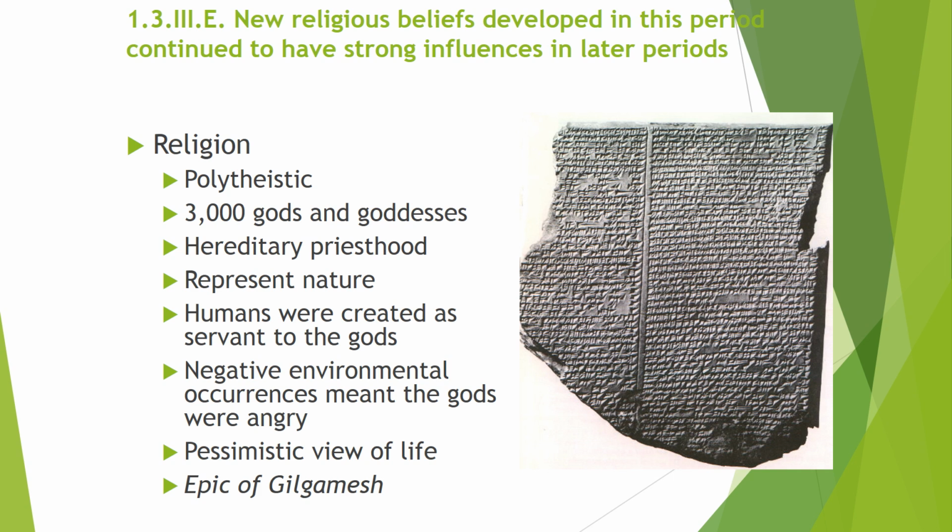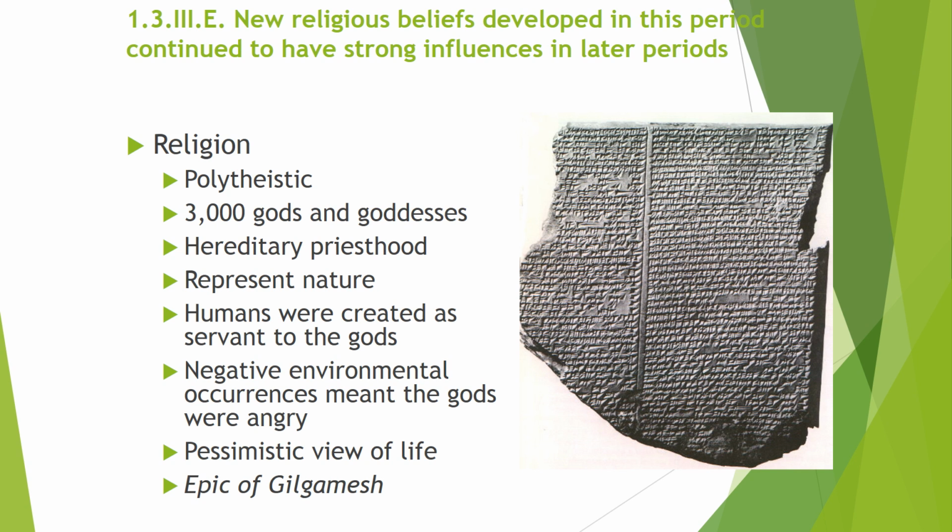That nature has to be looked at and observed, just like it was in the Egyptian world, in order to be appeased. If something wasn't going right with a harvest, what's to blame? Well, it's probably because you made the water god angry, and so you're not getting as much water or something. So you have to do something to make that god happy. Okay? Humans are created as servants to the gods is the overall underlying principle of the Mesopotamian world. That means that typically there's a negative outlook between the environment of people and the gods.